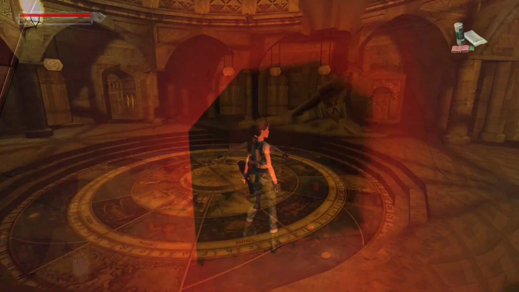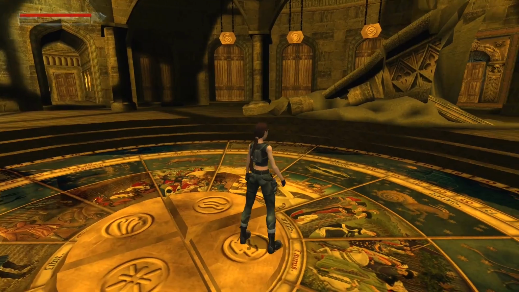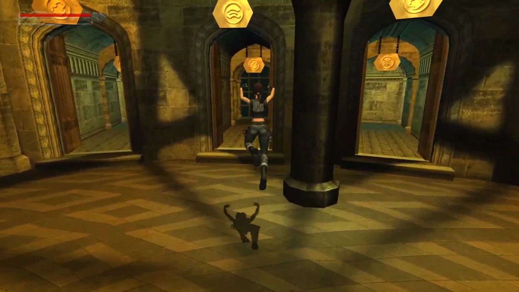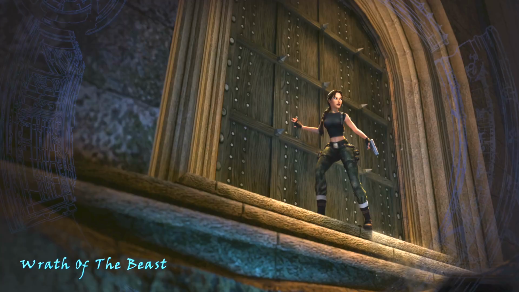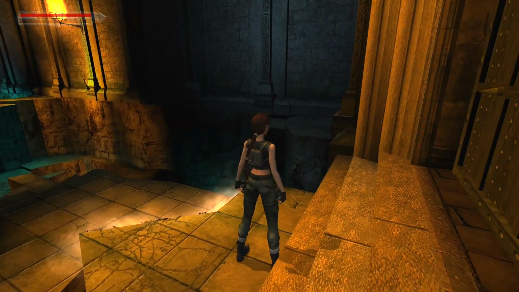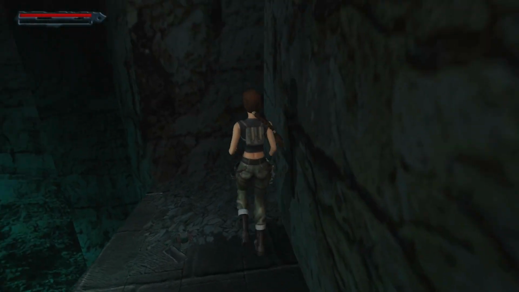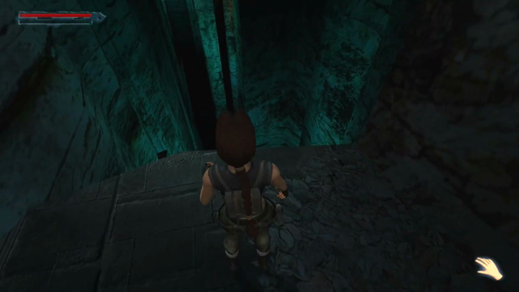Now we're going to head to the Wrath of the Beast one, and for this puzzle you'll just go through the middle gate because that's where the symbol matches. And in the Wrath of the Beast we're going to get 1 medical item at the start, so turn to the right here, grab that medical item,